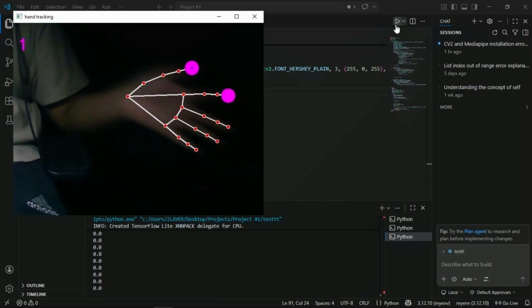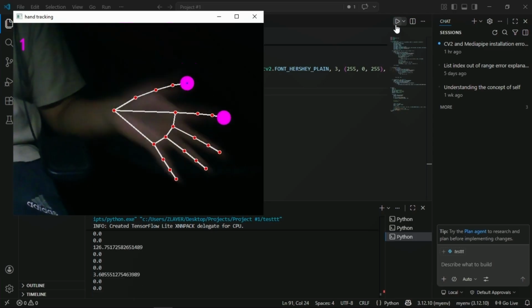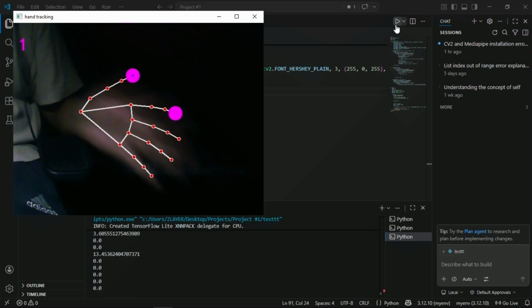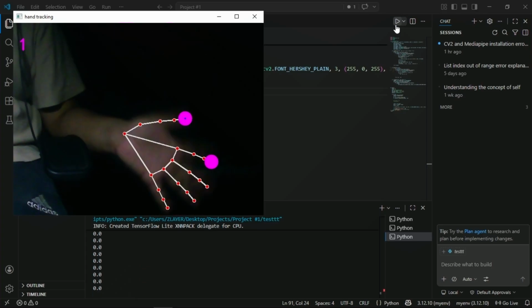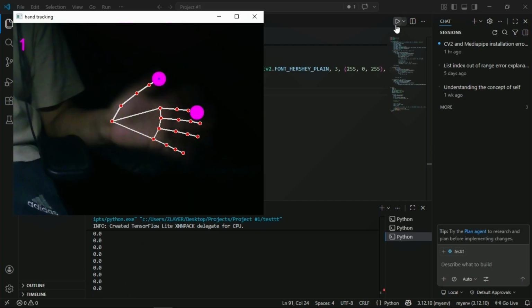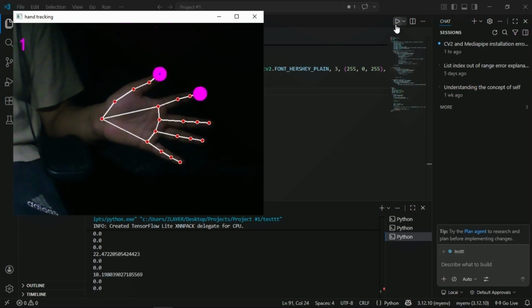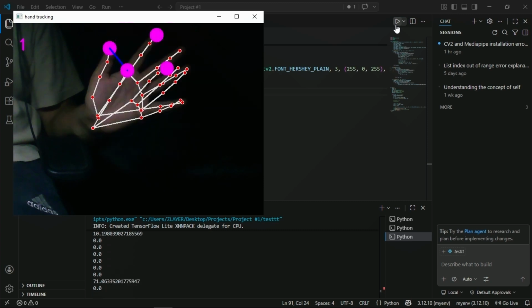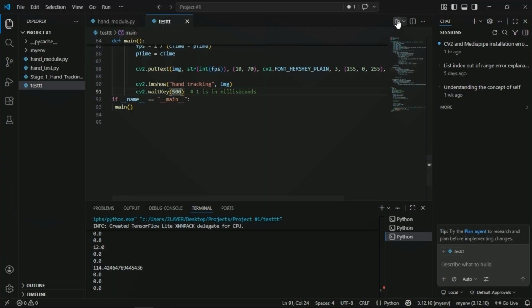No, it is not working. Yeah, it is working. Oh, hell yeah. It is kind of working, but